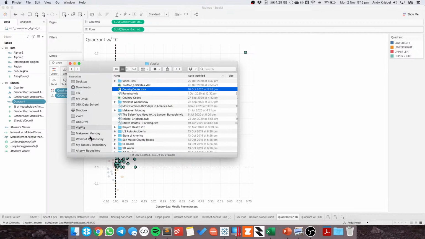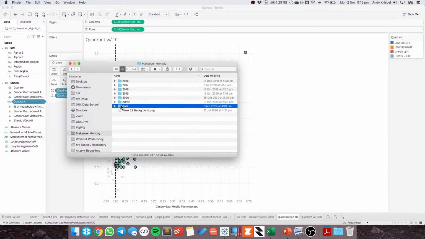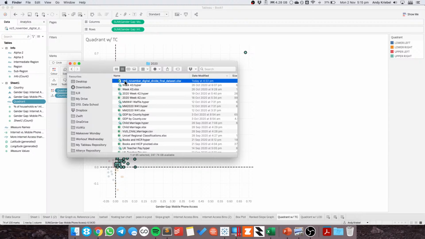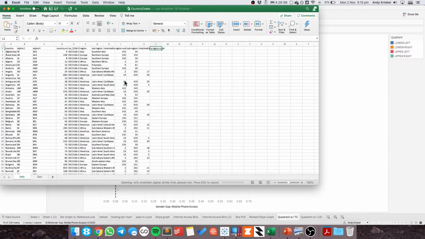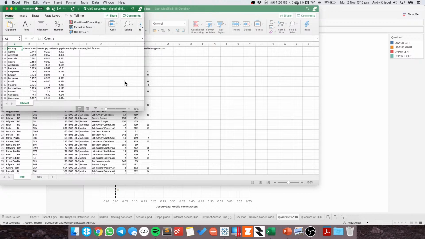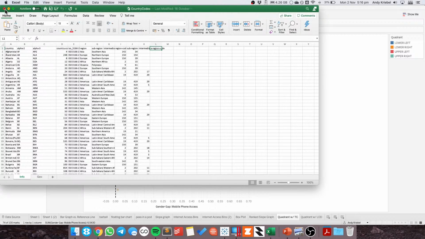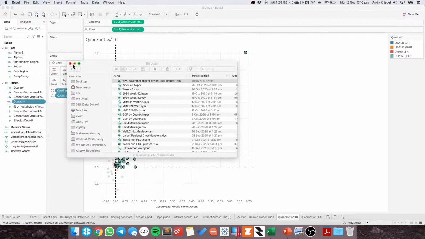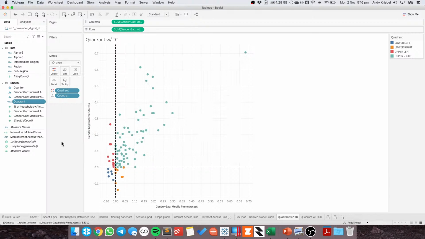sure that I'm capturing all, because I did the relationship in Tableau instead of just a regular join. So I'm going to just double check and make sure there's 100 countries in here. Yeah, okay. Very good. And I can close this one as well, and close that one. Okay, so now this is telling me,